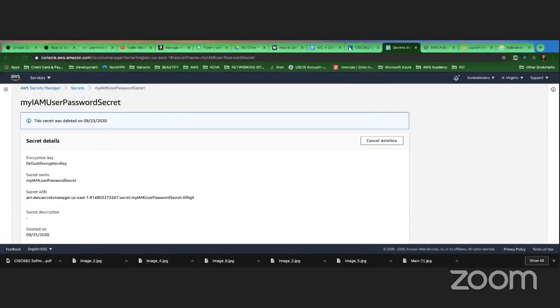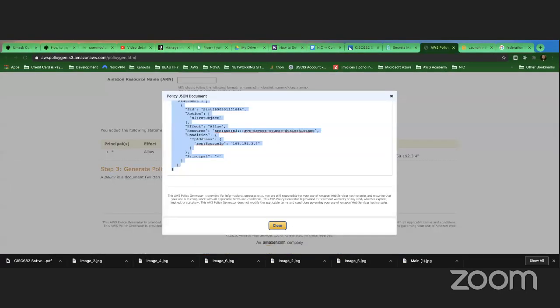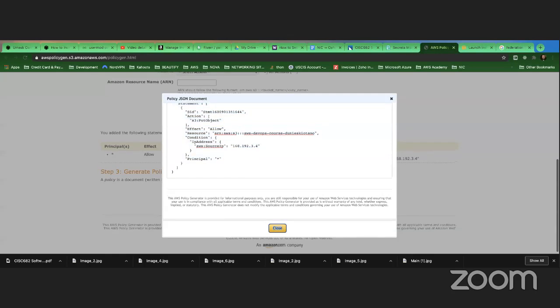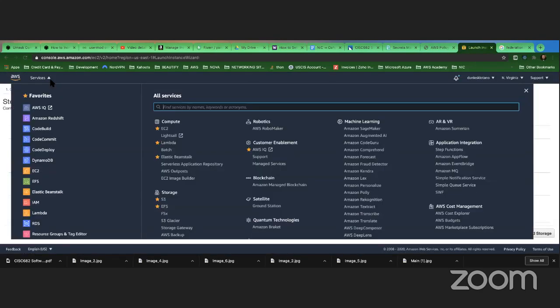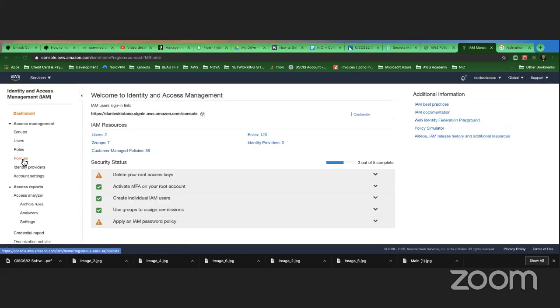Guys, if I come here and hit IAM, there's a password policy here.